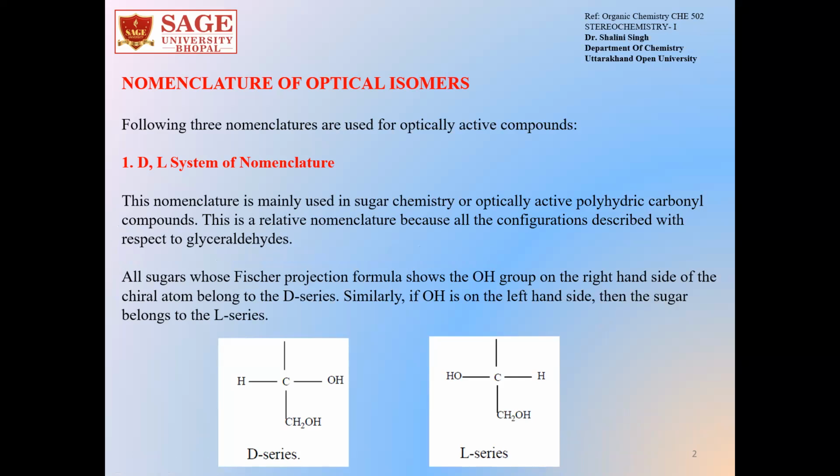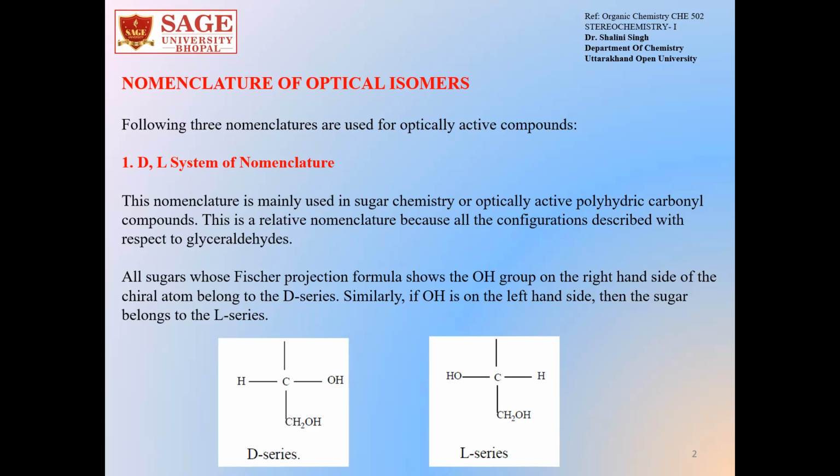In the first one, the DL system of nomenclature, this nomenclature is mainly used in sugar chemistry or optically active polyhydric carbonyl compounds. This is a relative nomenclature because all the configurations are described with respect to glyceraldehyde. All sugars whose Fischer projection formula shows the OH group on the right hand side of the chiral atom belong to the D series, and similarly if OH is on the left hand side then the sugar belongs to the